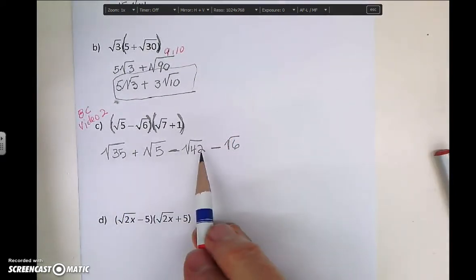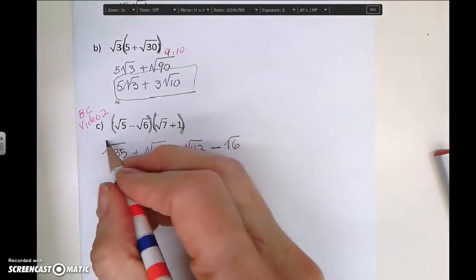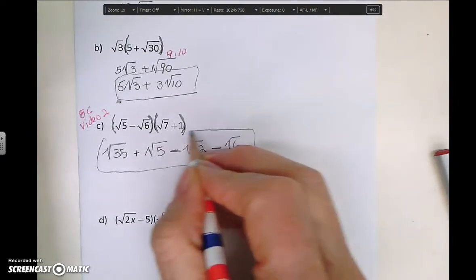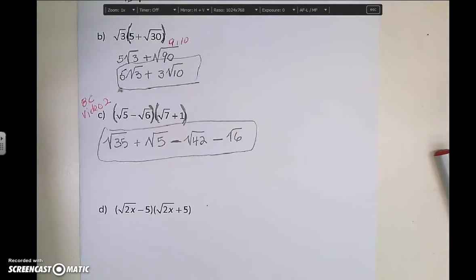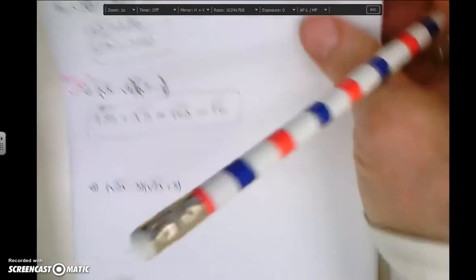Even though these factor, they don't have any perfect squares that go into them. So this actually is our final answer for that. Sometimes you can add together some of those radicals. All right, so then let's look at